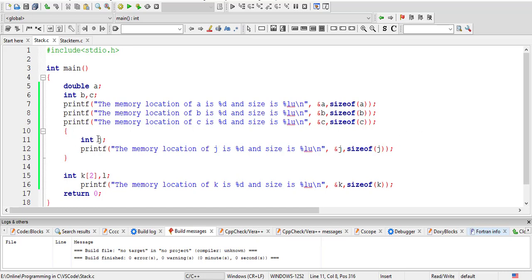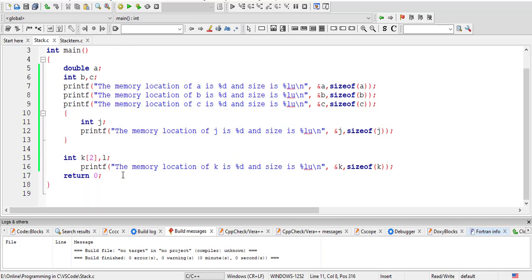This is an integer, so the size should be 4. After that, outside the block, I have declared an array k of 2 integers, and another integer l. I am printing the value of k here. I am not using l, so I may remove it. I'll just run this.